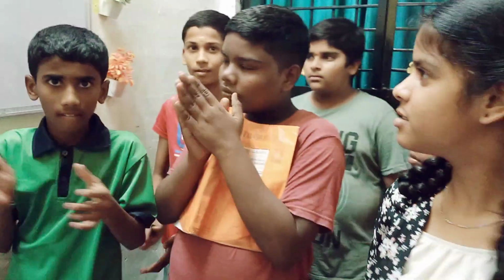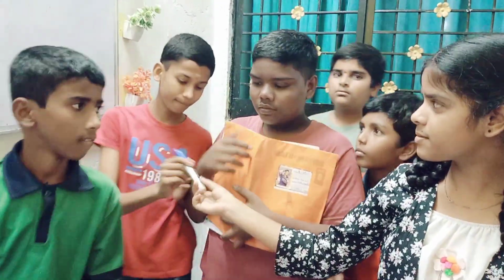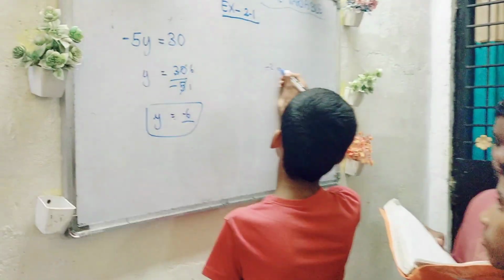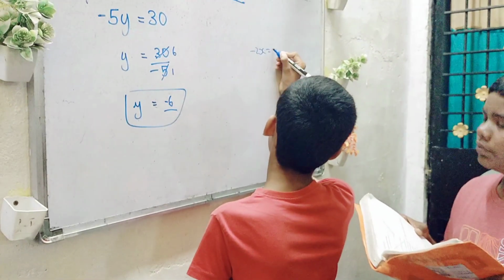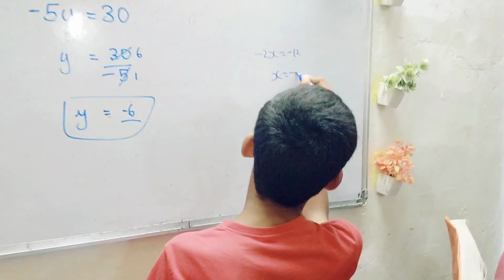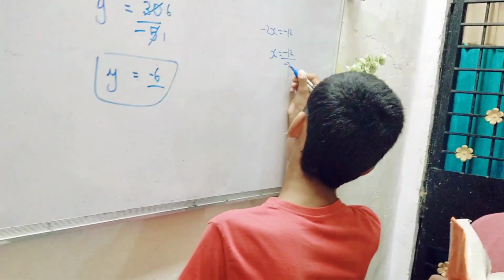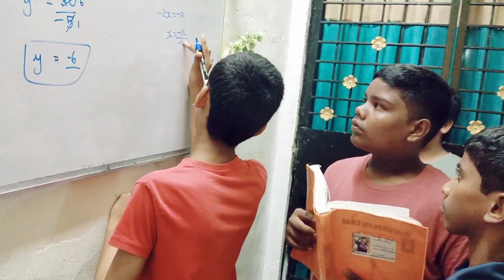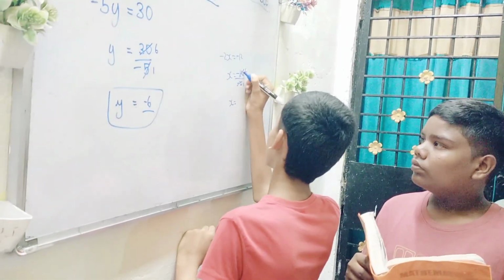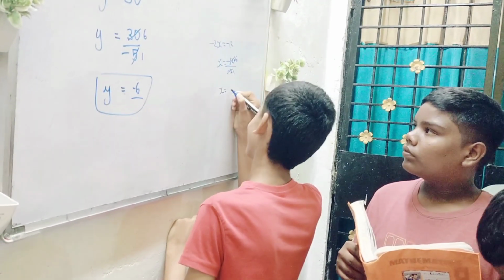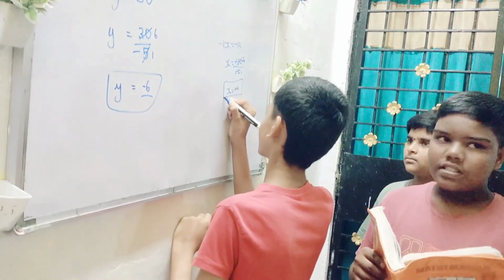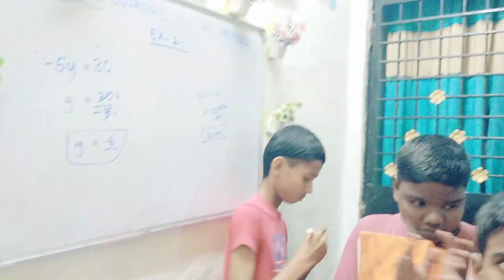Next equation, Hari Prasad. Please come and do it on the board. Rishi, dictate him the next equation. Minus 2x equals minus 12. Write a little dark, kids. X is equal to minus 12 by minus 2. 2 ones are 2, 2 sixes are 12. And the minus signs will also get cancelled. So it will be x is equal to 6. Yes, very good. Please clap for Hari Prasad.